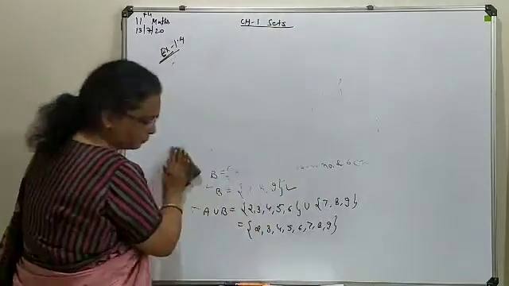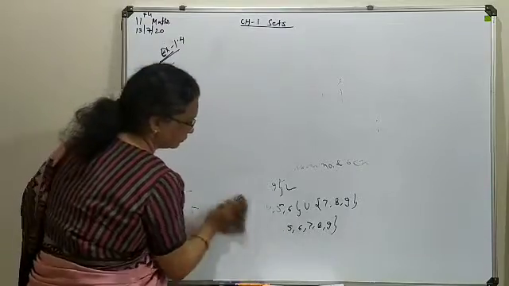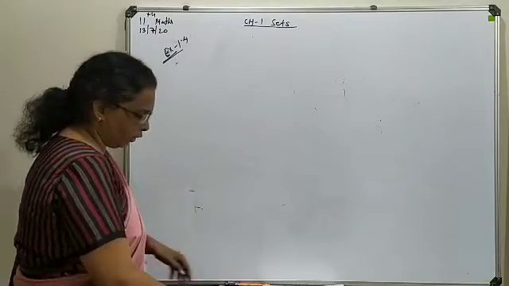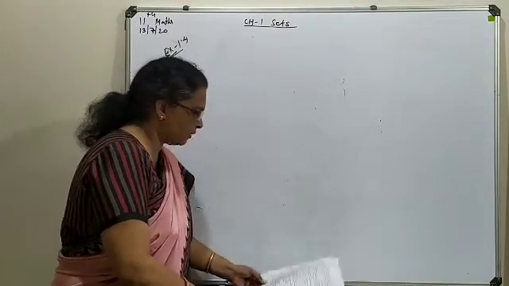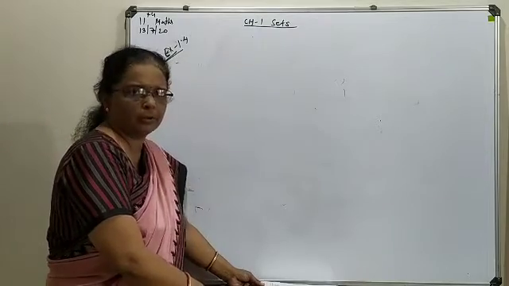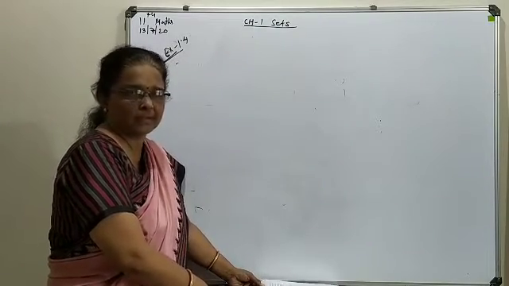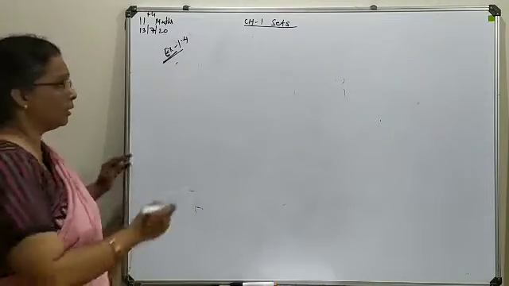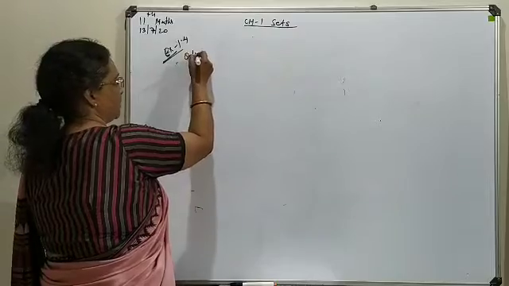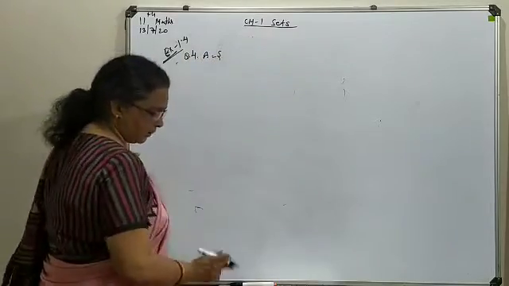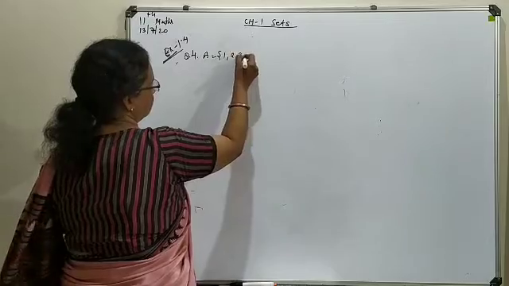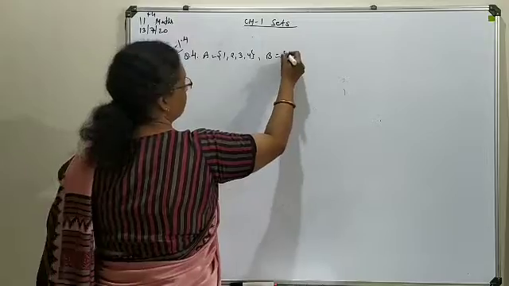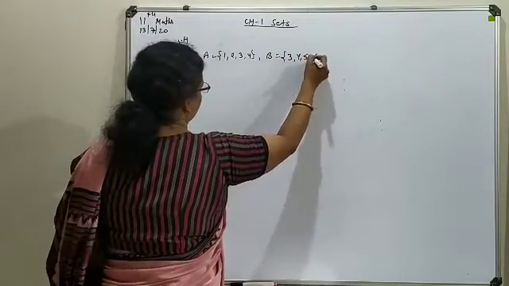In question number 4, 4 sets are listed. So first we are going to write down all these given 4 sets, and on the basis of that we have to find some different combinations with the union of 2 sets or 3 sets. In the fourth question, the sets are available as A containing elements 1, 2, 3, 4.